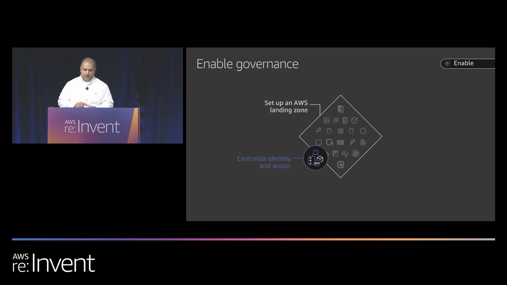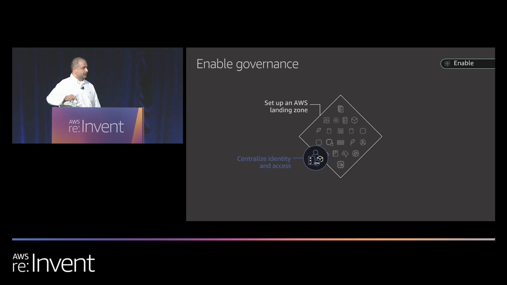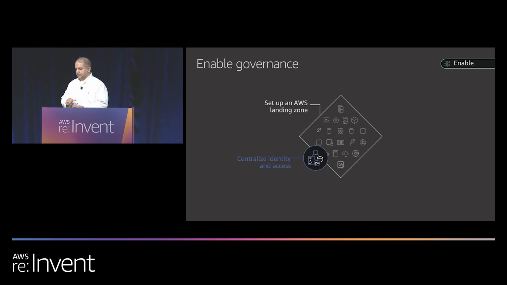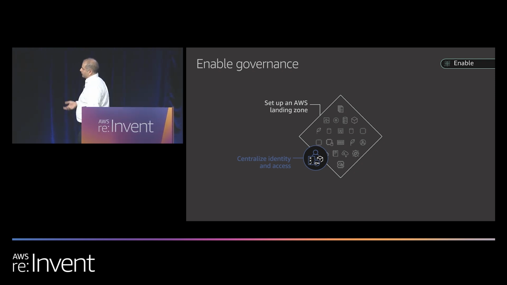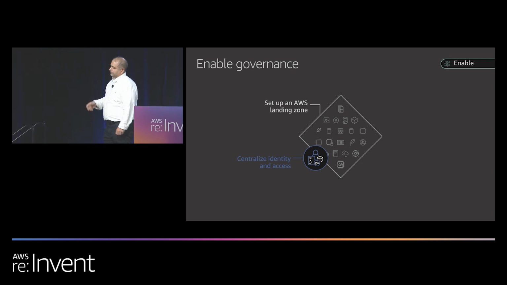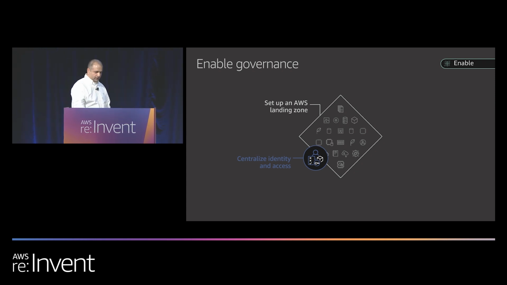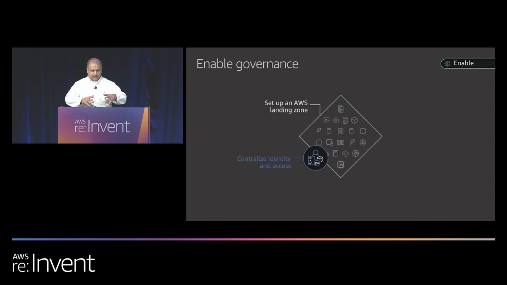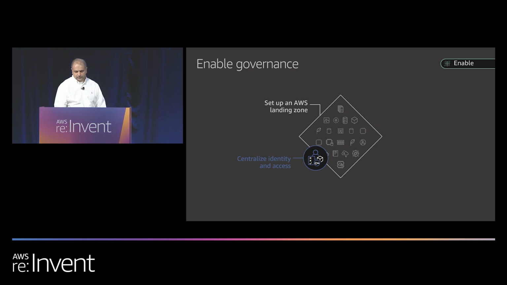The other component is the ability to centralize identity and access. So if I create a few accounts, I want to be able to allow my cloud admins to log in to all of those accounts and manage that environment. So the other pillar where we built Control Tower off of is the ability to centrally access other accounts and manage everything from a central location. So I build out my foundation. That's how I set up my AWS landing zones. I have a set of accounts, and we'll go through that in detail on how Control Tower sets it up and how you want to approach building AWS accounts and building your organizational units,